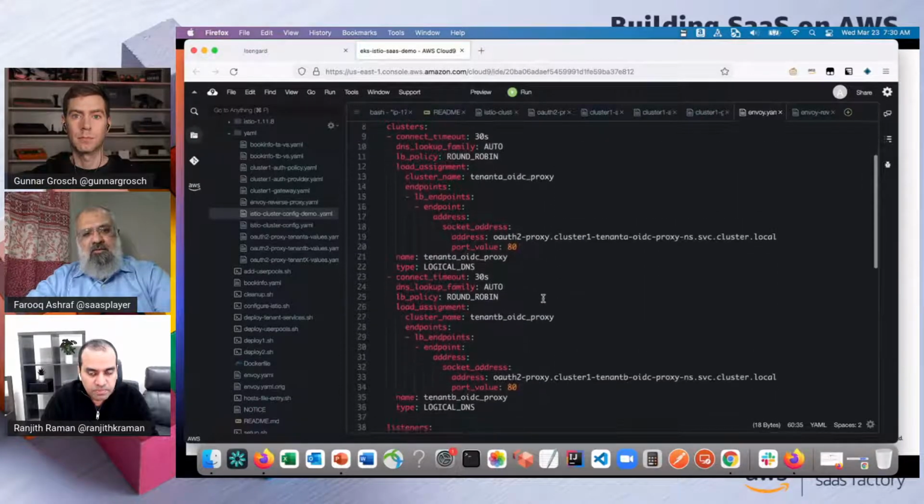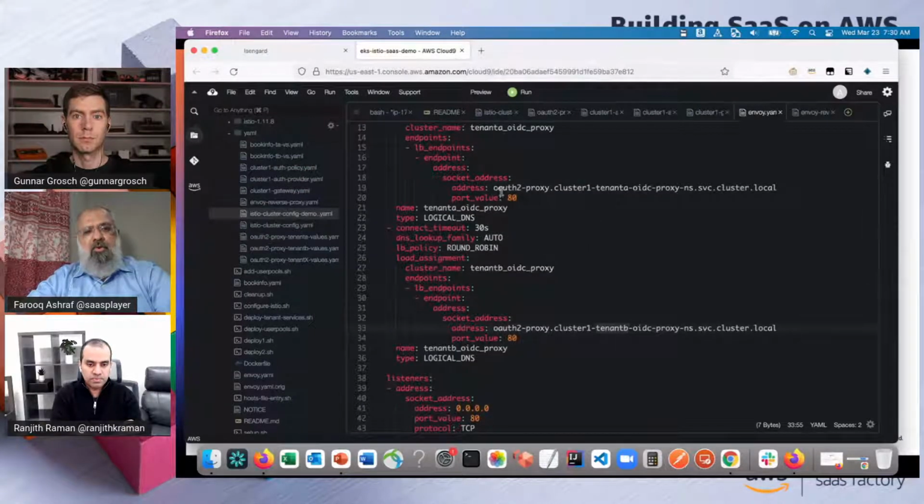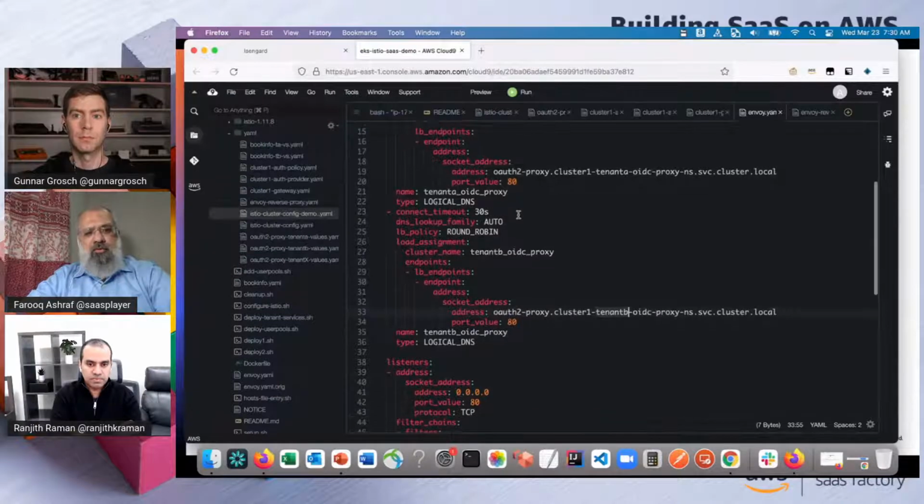And the cluster definition looks like this. Primarily it has an address or an endpoint to the service, which is the instance of OAuth2 Proxy in our case, deployed in a specific namespace. We have a namespace for tenant A and another namespace for tenant B. So we're deploying this and putting in the endpoint and the port on which it is listening.